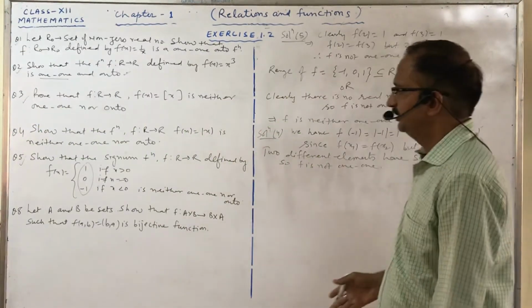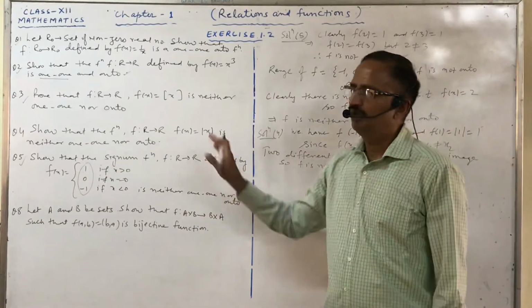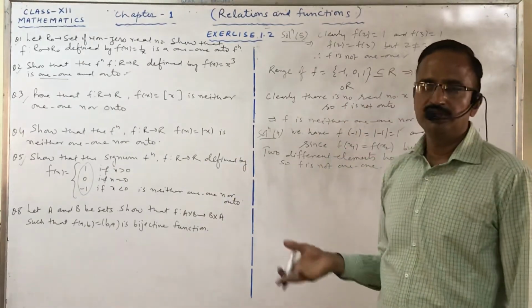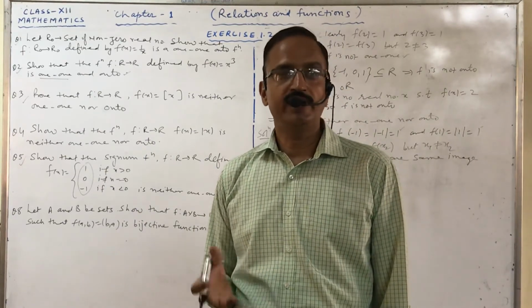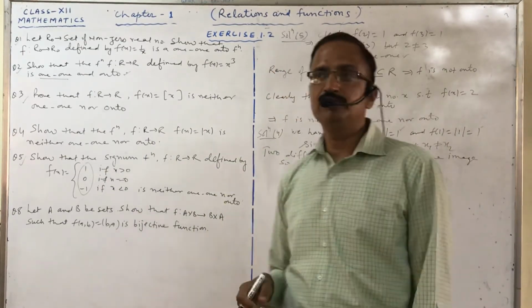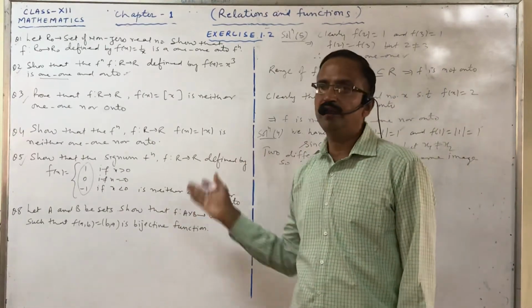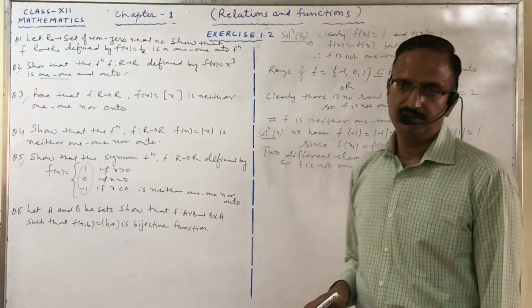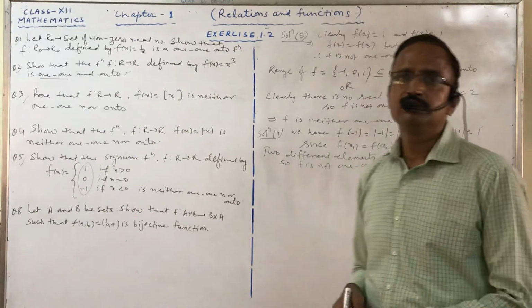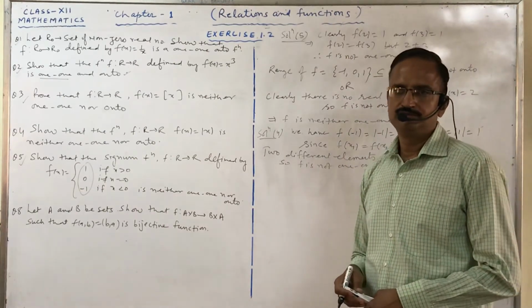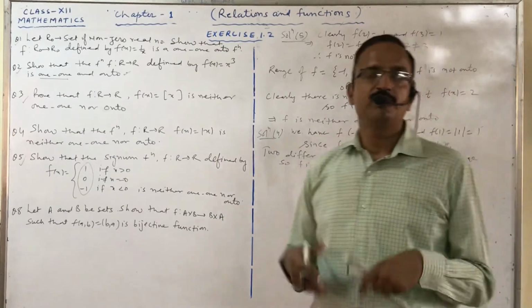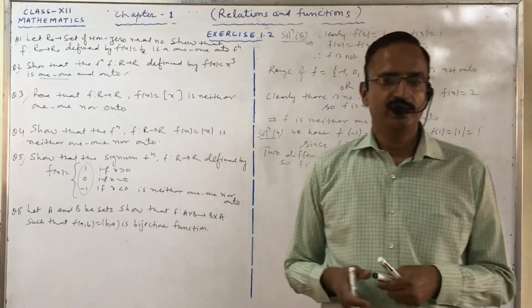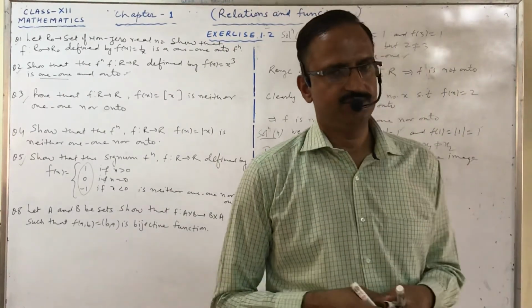Now as we know that this is a modulus function, so always we will get positive values, not negative. So what are the negative values? So negative values do not have any pre-image. It means f is not onto. So we can say that -1, suppose -2, -3, they don't have any pre-image.